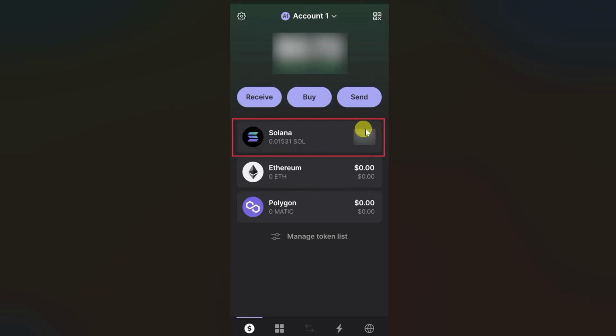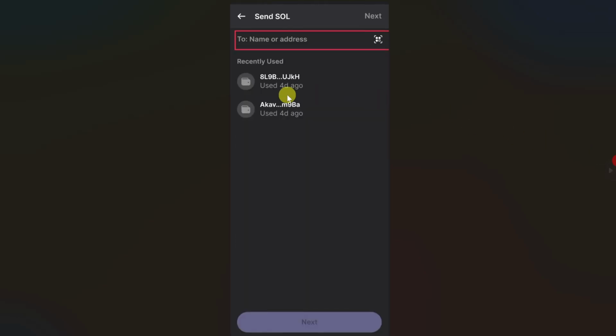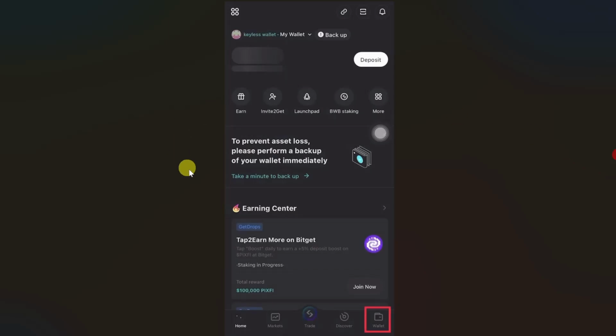So once you have some Solana, you need to tap on it and then you just have to click on this send button from this screen, and then you just have to paste the wallet address from your Bitget in this to section. So just open up your Bitget wallet and then click on this wallet icon at the bottom